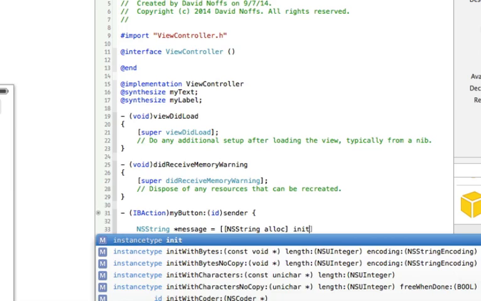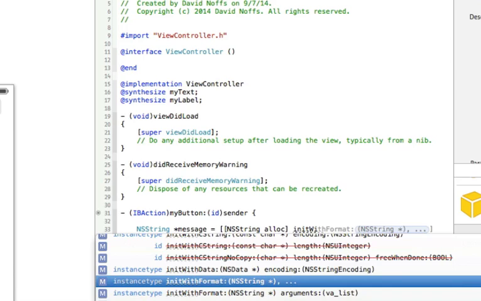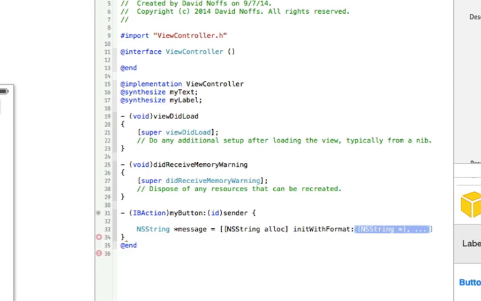Only this time, instead of just a straight init, we're going to use initWithFormat. After initWithFormat, there's a colon, and then